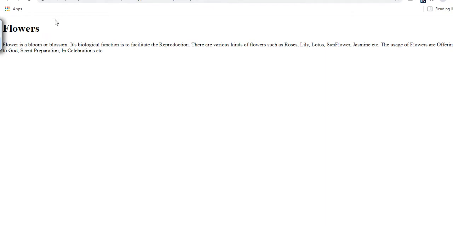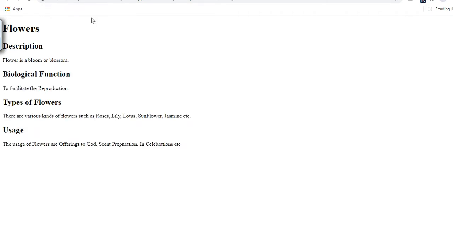So she thinks for a while, remodifies, and comes up with the same content written with headings like flowers, description, what is the biological function of the flower, and what are the types of the flowers, etc.